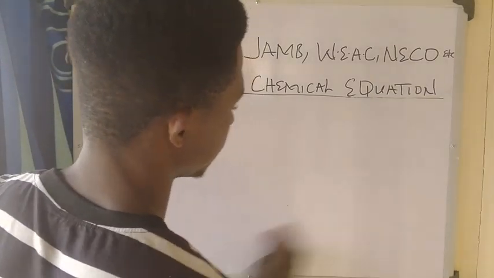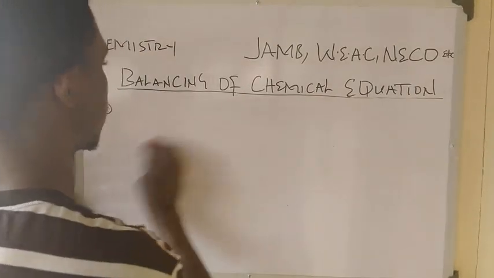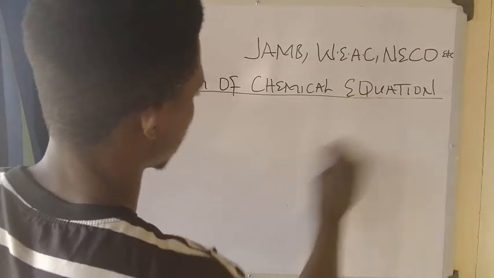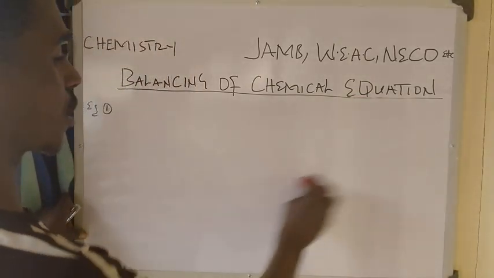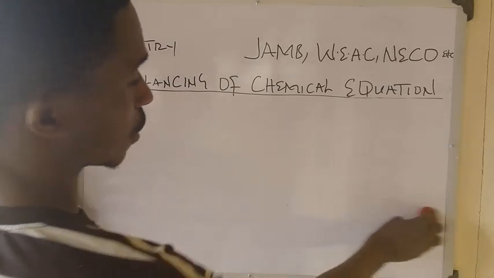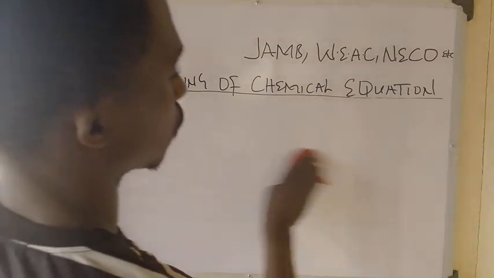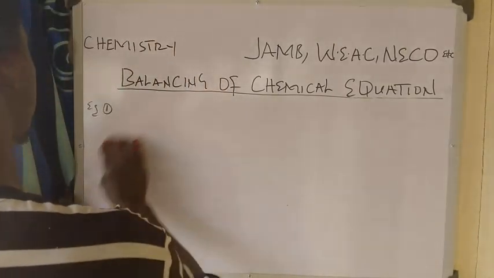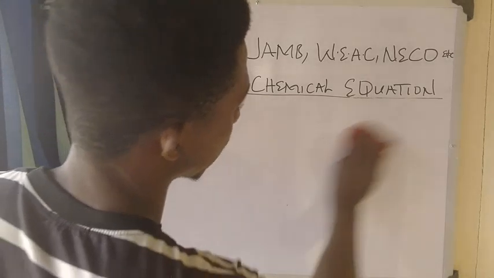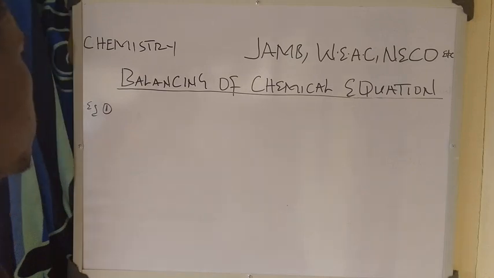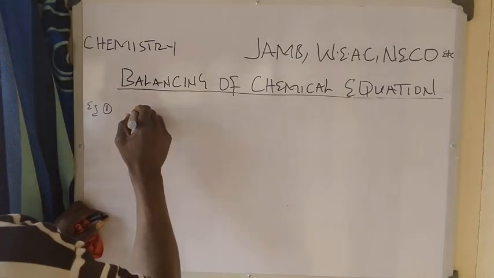So if I have a reaction, that is a neutralization reaction. A neutralization reaction is a reaction between an acid and a base to give us a salt and water. A reaction between an acid and a base to give us salt and water. For example, if I have something like